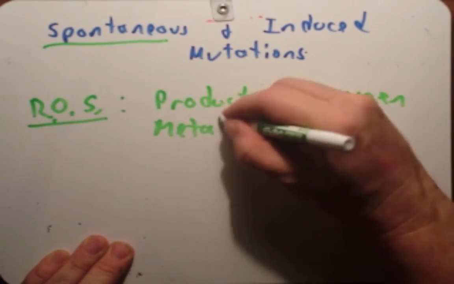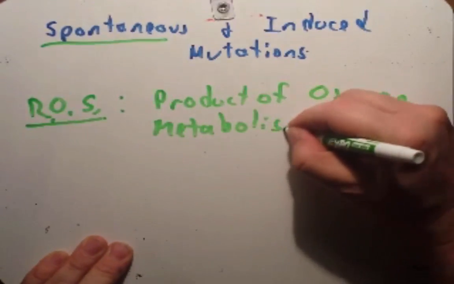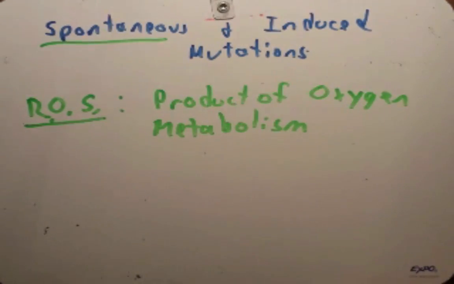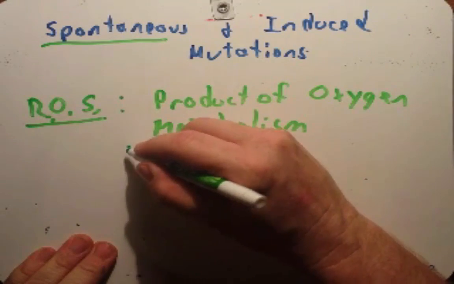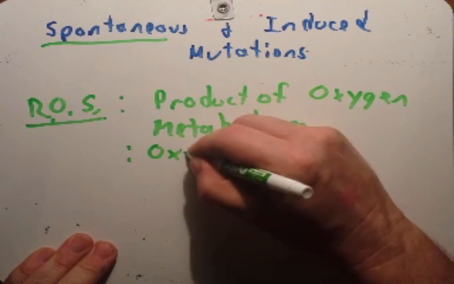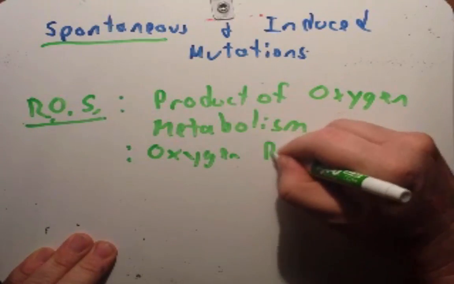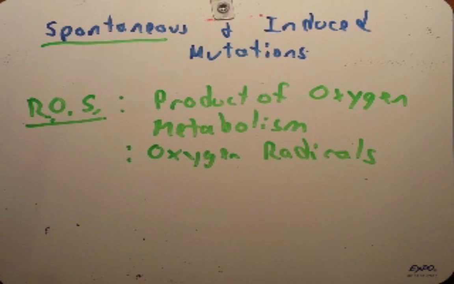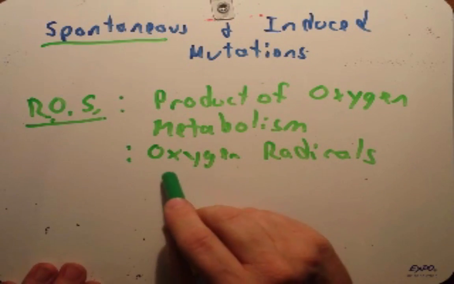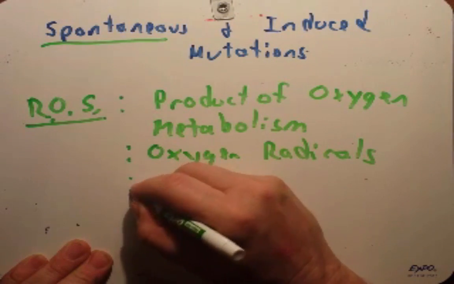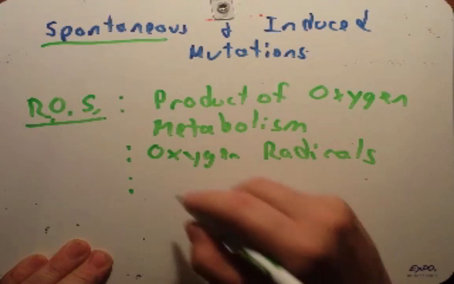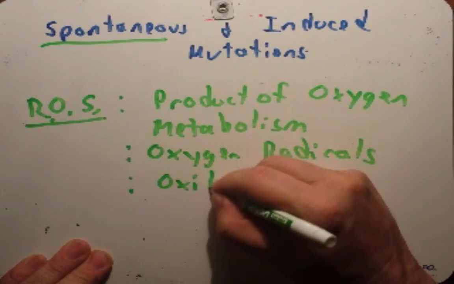We make a lot of this in our cells all the time. Luckily, we have enzymes that scavenge these oxygen radicals. So we should also say that sometimes we refer to these as oxygen radicals. Again, we have enzymes that scavenge and remove these oxygen radicals, which is good. But the ones that don't get scavenged, or if you make too many of them, they can begin to damage the nucleotides. And they can damage the nucleotides by oxidizing